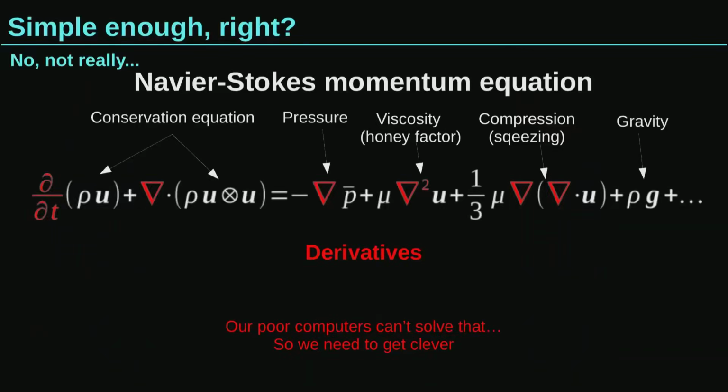So you say, okay, these rules are really simple, right? But actually, it's not quite as simple. This is the Navier-Stokes equation. It's a very complicated equation. It's not completely solved. All that is marked red are derivatives. Here we have our conservation law, that was the nice and simple